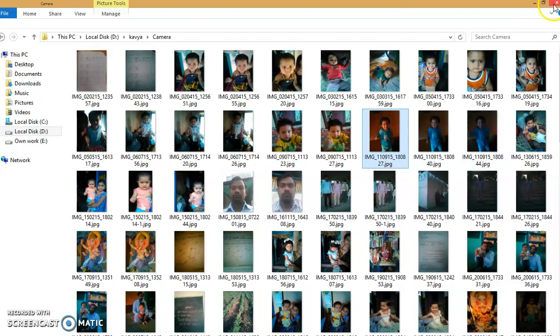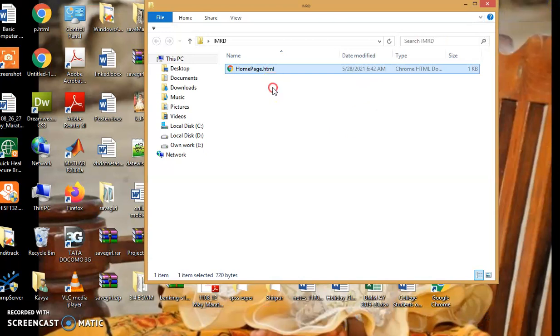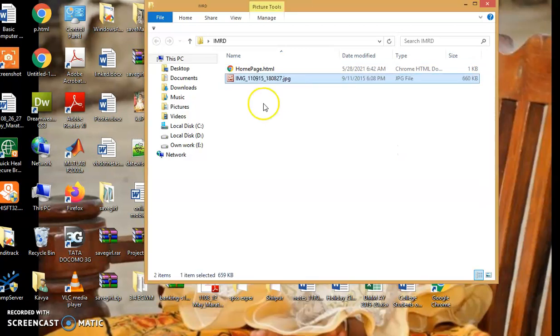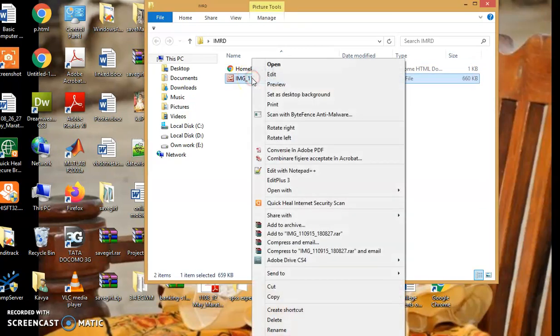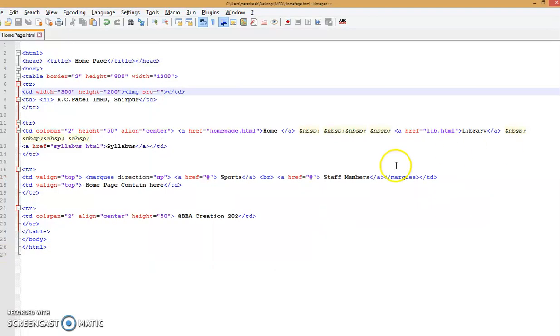Copy and paste here. And rename that file just like abc.jpg, and in the code here we pass abc.jpg.